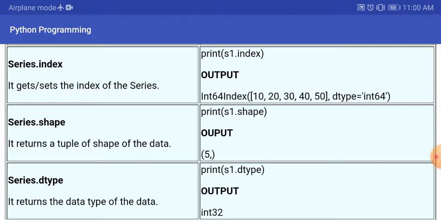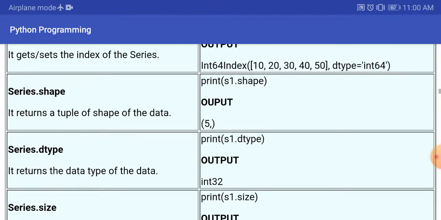series. Suppose we have 5 data, that means 5 indexes. So obviously it is going to return 5 comma something. Why is 5 comma blank returned? Because series is one dimensional. You cannot have 2 dimensions here, so the second dimension will automatically be blank. Only one dimension will be displayed and the other dimension will be kept blank. So here you can see 5 comma blank. That means in one dimension we have 5 elements and in the second dimension we have no elements. That's why the series returns 5 comma something.